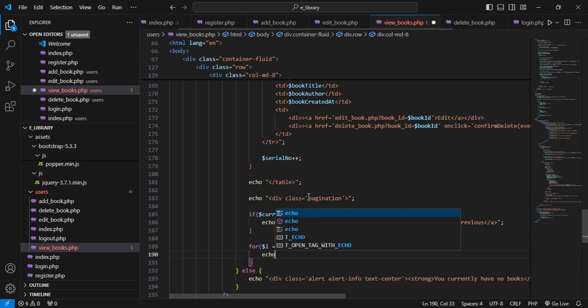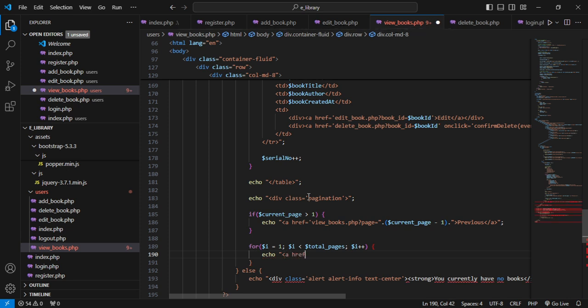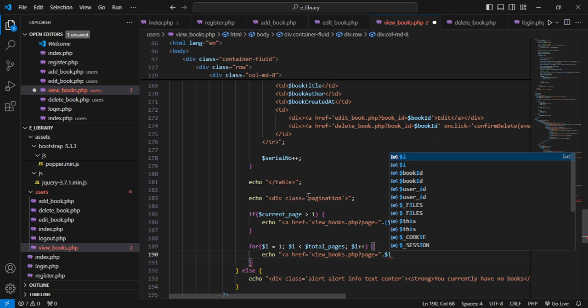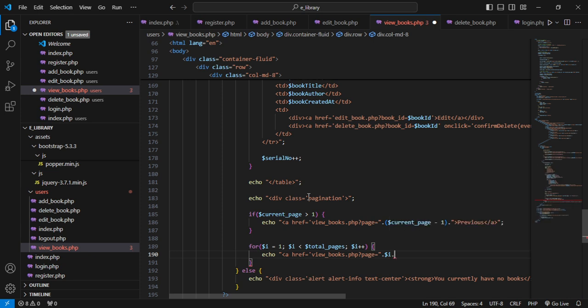So we echo a link to take us to each page, and we say view books.php, and it's going to pass in the page, and then we say view books, and then we say i, then dots,